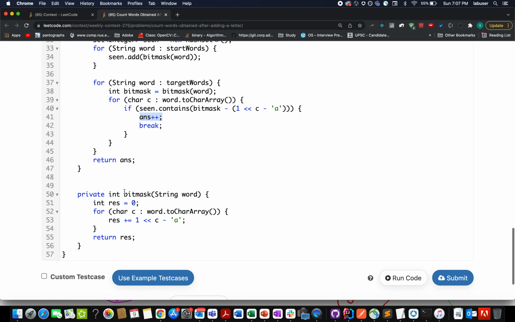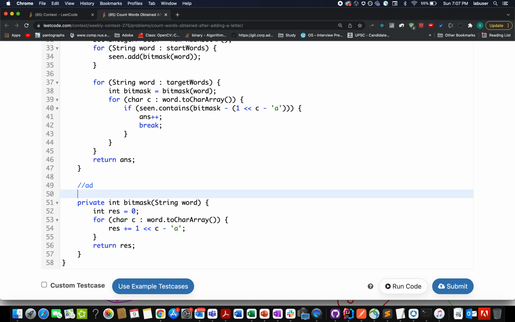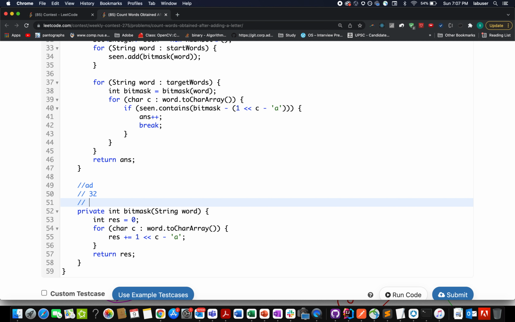Now the question comes how this bit mask generation is actually working. So let's take one example. Let's take the input string is represented as AD. So what would be the bit mask integer value for this? We'll represent AD in the length of 32 bits, which is nothing but an integer, and the 0th bit will be set to 1 because A represents that 0th bit, and the third bit will be set to 1.